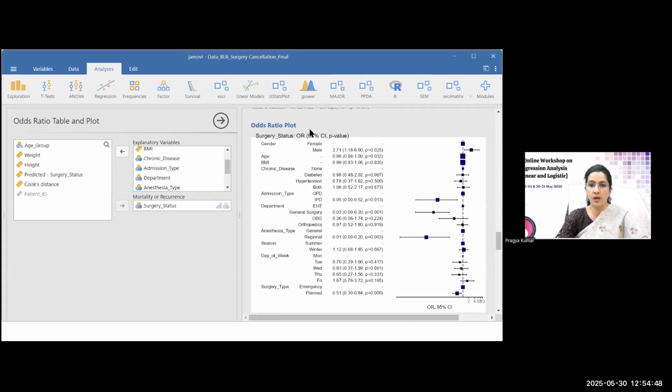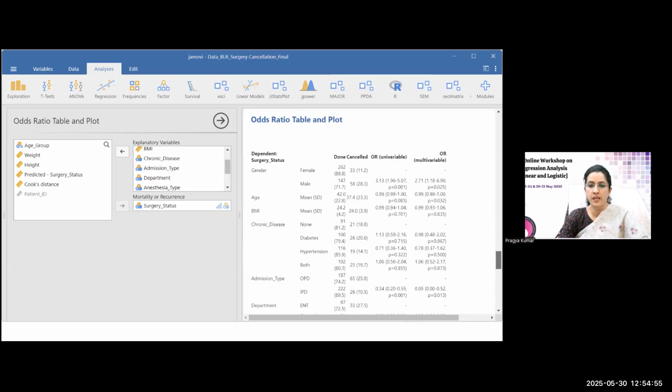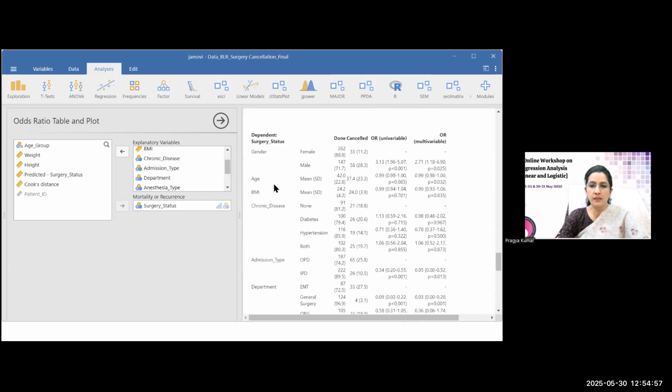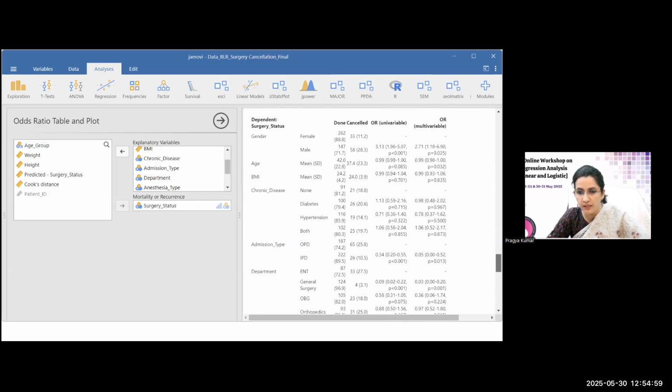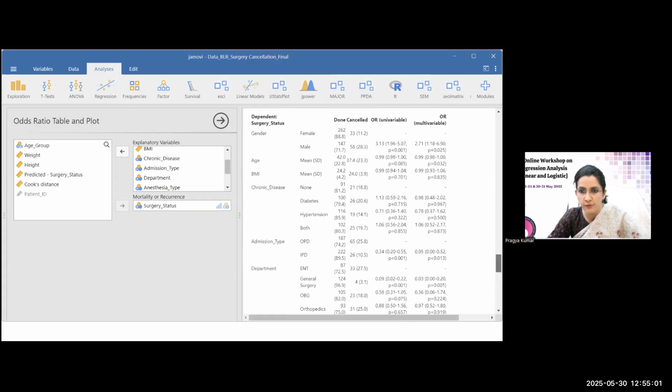So this is the odds ratio. This is known as the odds ratio plot. Many times you will see that people show this plot also. And then what I'll do, because if you see here in the univariable, if you see the p-value,